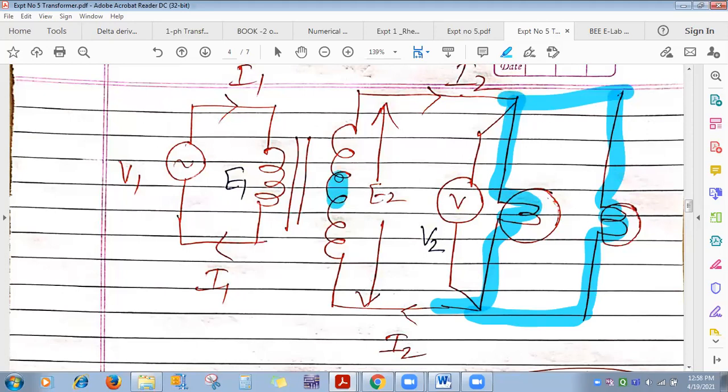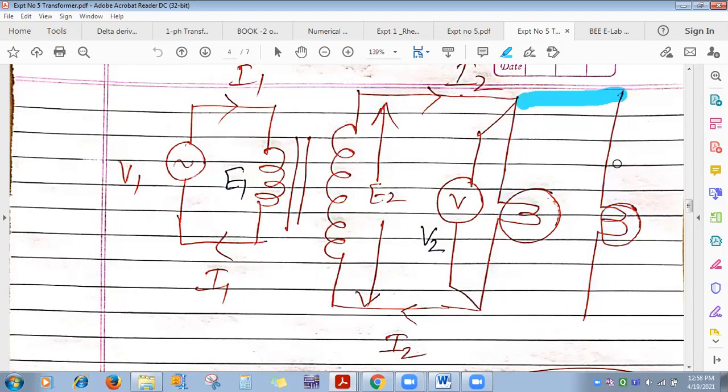The moment E2 gets induced here, current starts to flow, that is I2. Current starts to flow through the secondary. Here you will observe the total load current and the current flowing through the secondary are the same, marked as I2 equals IL. Current is flowing, this lamp will glow, which means the transformer is transmitting the electricity. Now, to measure voltage across the load, one voltmeter you have to connect across the load.